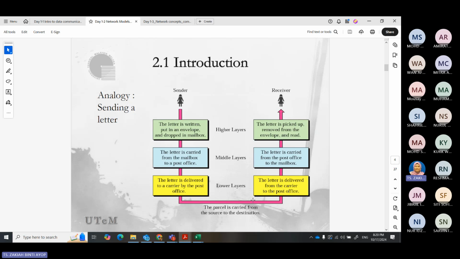The keyword for the lower layers is that you must have a carrier, like a driver, someone who will deliver your message. So you can imagine the lower layers mostly involve devices and cabling to transmit the information. Then on the other side, we process it, check it, carry it to the mailbox, pick it up, remove it from the envelope, and read it.